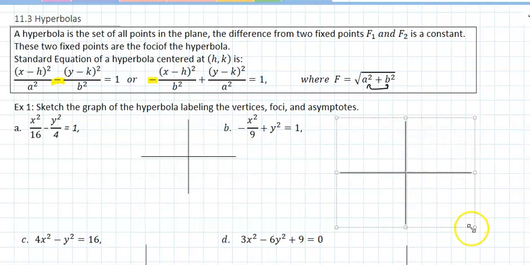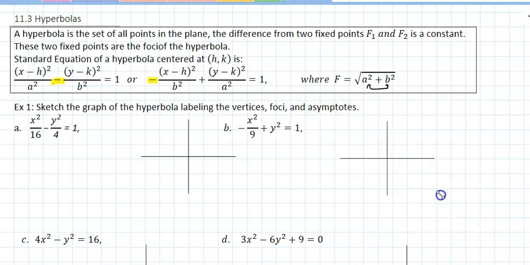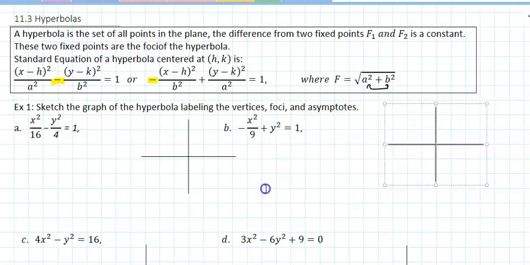So I look at the first problem, and I'm going to start with an example again. I know that's not traditional, but that's how we're going to do it. Sketch the graph of the hyperbola, labeling the vertices, foci, and asymptotes. Okay, we'll talk about that in a minute. It's kind of like an ellipse, in the sense that you look at what's underneath x,